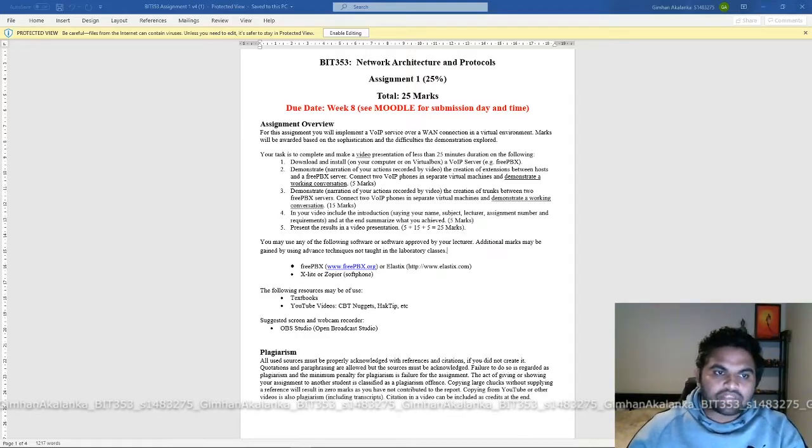In this assignment, we have to implement a VoIP service over a WAN connection in virtual environments. So we have to create 5 virtual machines. 3 should be VoIP client machines and 2 should be server machines. So